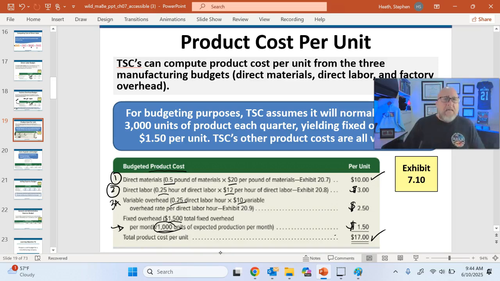That doesn't mean that it will specifically be 1,000 every month. In this particular example, we're sort of just averaging it out. And we did it all the way on January 1st when we created the budget and created the predetermined manufacturing overhead allocation rate. We did our best. Anyway, for us to produce